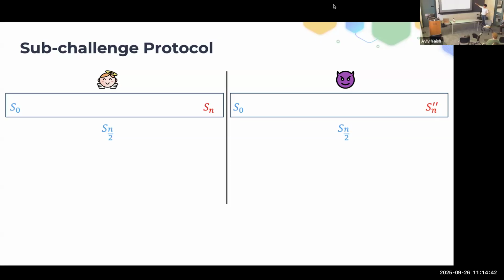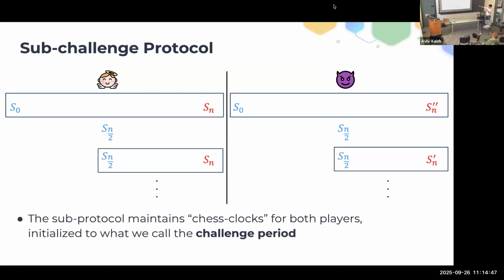And so in this step, Diana said she agrees with Alice. And so what happens now? Note that the same invariant that we had at the beginning is maintained, but on half the dispute. There is still agreement on the mid state, which is now the initial state for the next step, but disagreement on the end state. And so after log n such exchanges, there will be a dispute about the immediate next step after the initial state. At which point the smart contract itself will execute